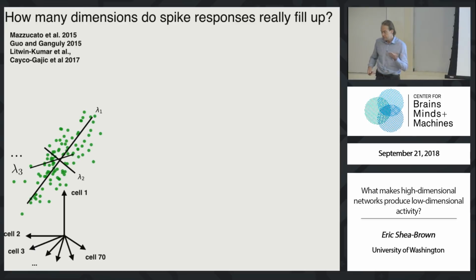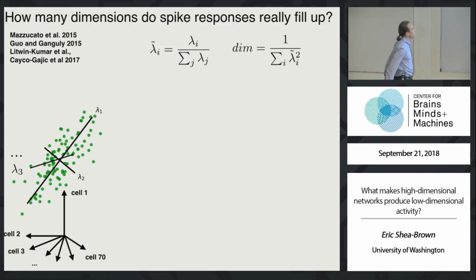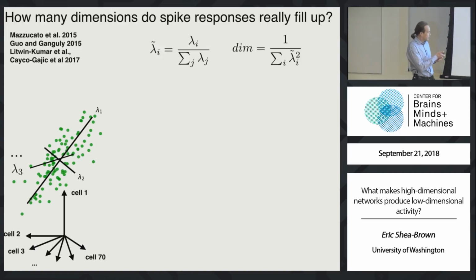Okay, so a way to quantify the answer to that question was put forward by these authors in the context of neuroscience, borrowing results from statistics that are much earlier. And they suggest that we quantify that dimension, right? In other words, the inverse of how much I'm lying to you by squishing all those points onto the screen, via something that results from an elliptical approximation of all of the points, right? So we have this big point cloud approximated by some high-dimensional ellipse. Measure all the major axes of that ellipse. Those are the lambdas. Aficionados will immediately recognize those are also the eigenvalues of the covariance matrix of the data. And write down these quantities, these lambda tildes.